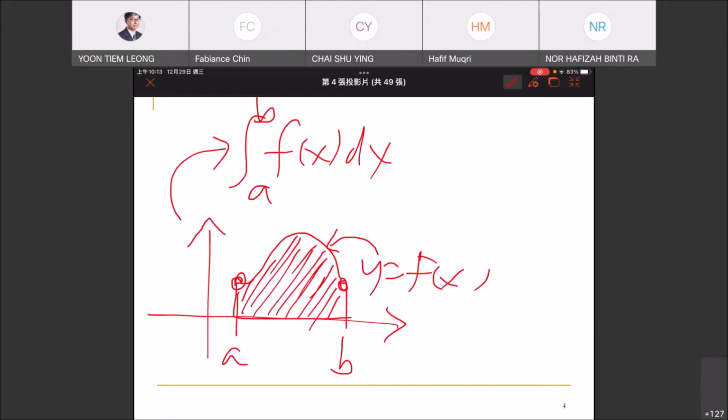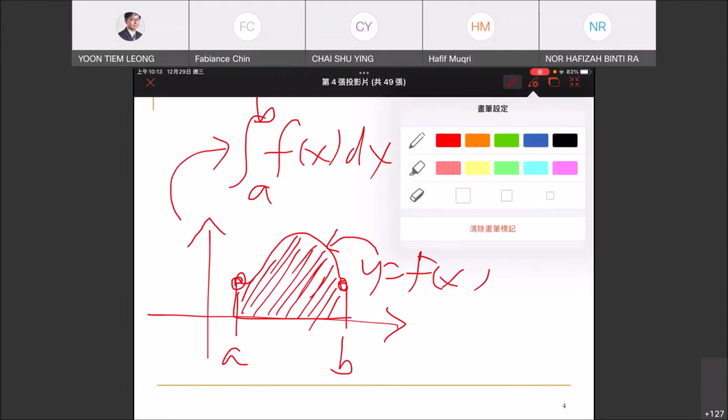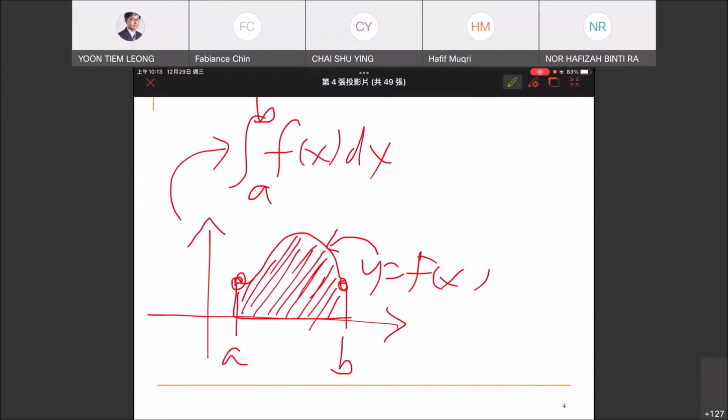We define an average for the function. The average of the function is defined to be a number. Let me change my color to a green color. The average of the function, which we call f bar, is a number such that the area under the curve of the function